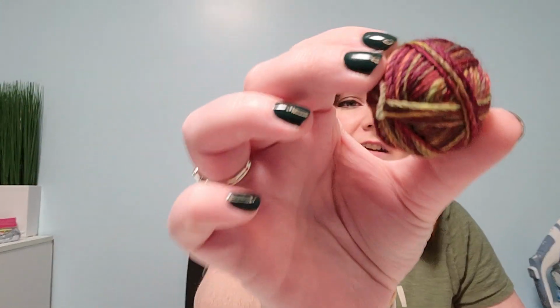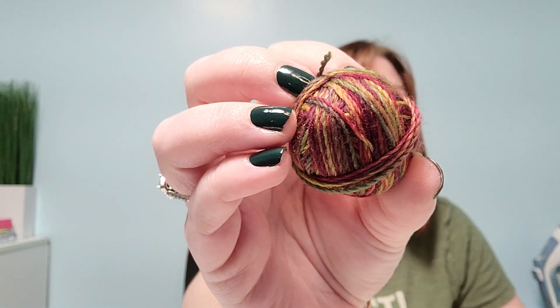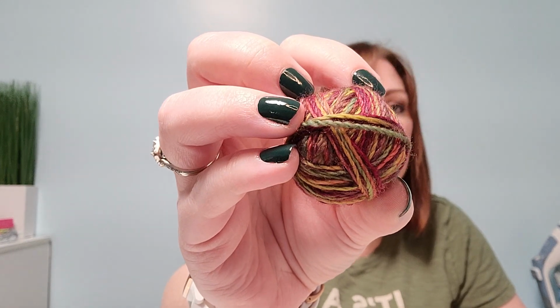And I am just doing it in the order it comes in. So I've never done that before. I've always had more control over what I was going to do. But this time I decided no. Day 1, I'm going to knit it in the order that I open them in. So here's day 2. And this one really reminds me of fall leaves, or like old school vintage Christmas. And then day 3...